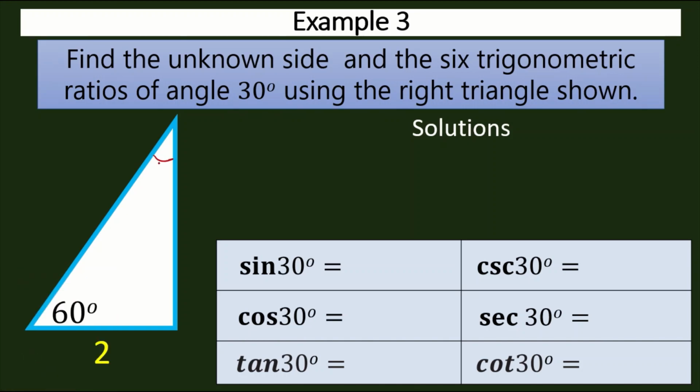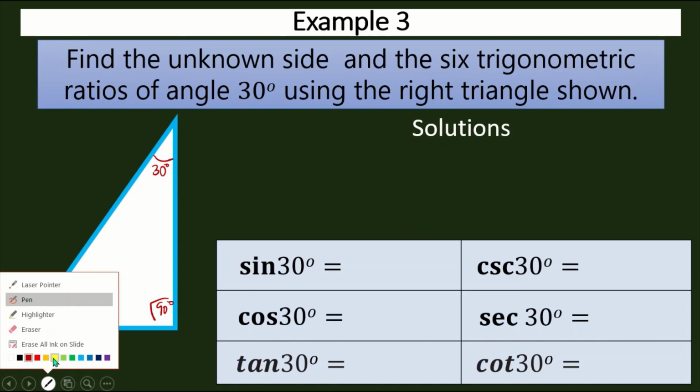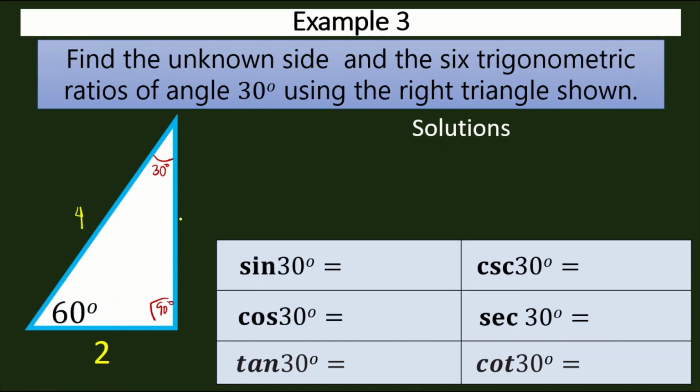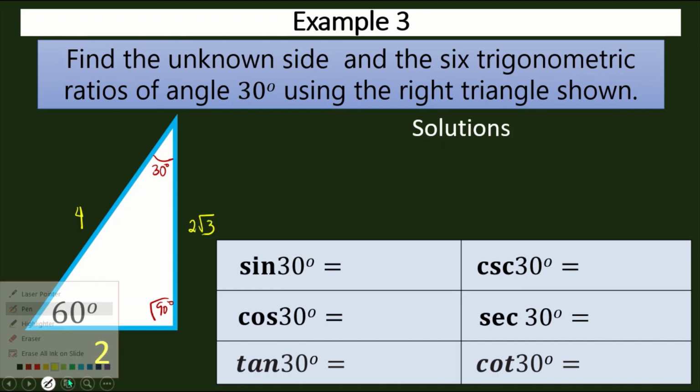Ang measurement dito is 30 degrees. Dito ay 90 degrees. And then, dito sa ating hypotenuse is 4. And ang measurement nito is 2 square root of 3. So, now let us solve this using the